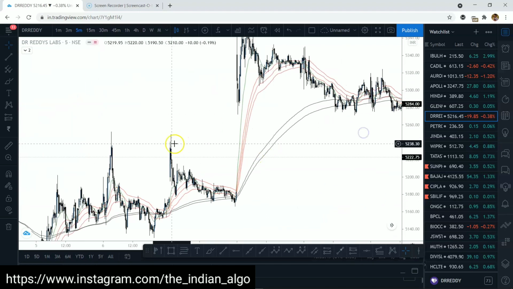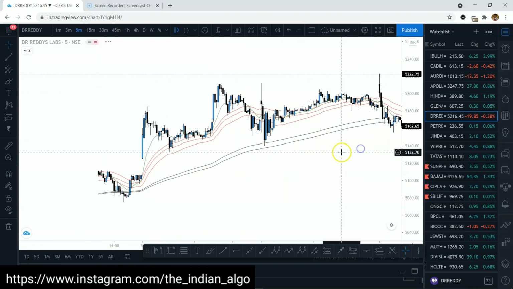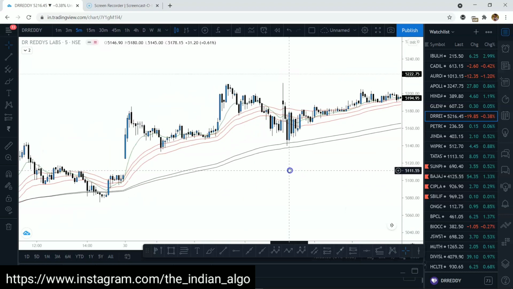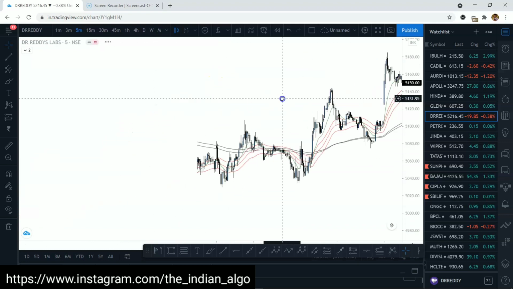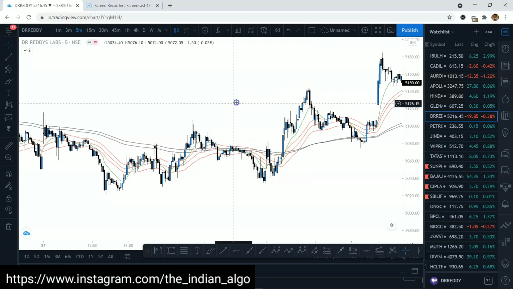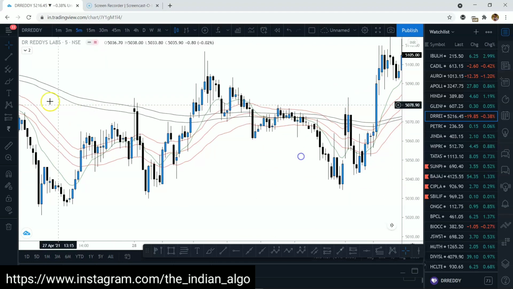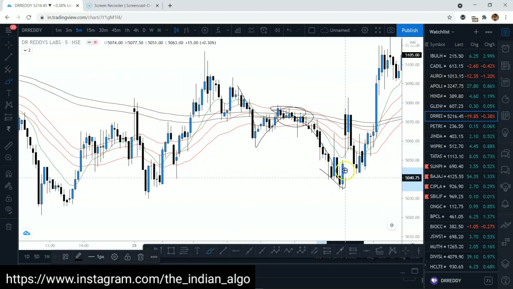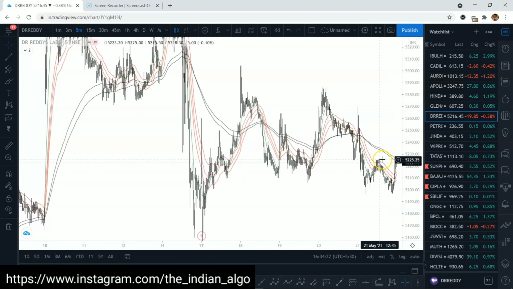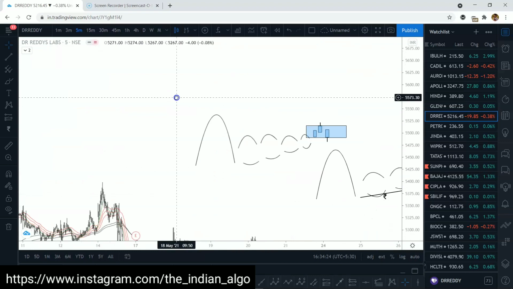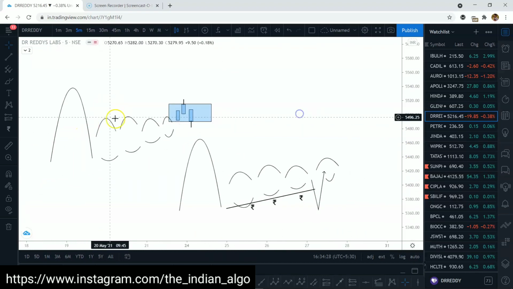Now how and where should my entry criteria form? This is what we are supposed to discuss now. See how nicely it supports the black EMA. It takes support at the black EMA, opens up wide, spikes up, goes higher, takes resistance at the black EMA when the price breaks below. This is of very high importance for me when I used to use these particular patterns to trade. Now I trade based on 1:5 risk reward ratios. So it's a little different from what I do now, but this is something that used to help me in my trading a lot.